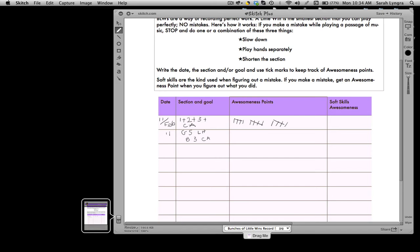Here is beat 3 of Greensleeves. 3 and, 3 and, 3 and...